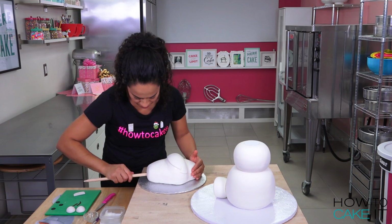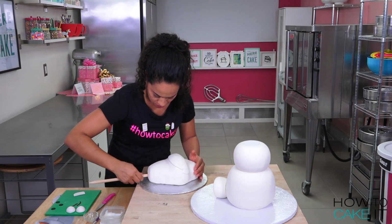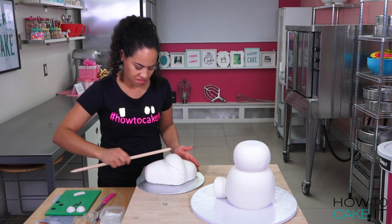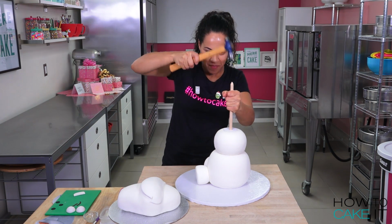Just hold Olaf's head and twist the sharpened dowel in. Make sure it doesn't come out the top of his head. How come you're not singing now, Jocelyn? And I pull the dowel out, place it through the body, you need a hammer, and then I add the